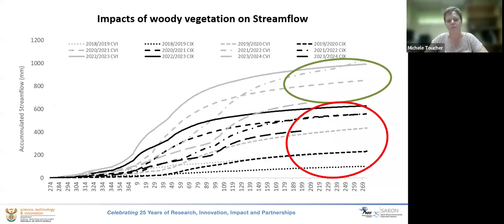Moving to the stream flow. Again here, because of the change in the ET, there's been a change in the stream flow response. So for the woody species, in the black lines from catchment 9, the stream flow is much lower than from the grassland species, where the transpiration is lesser in winter.